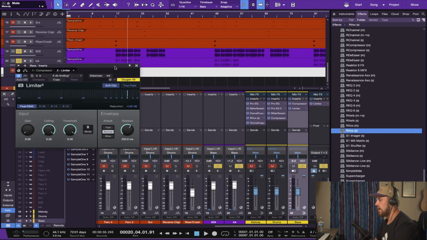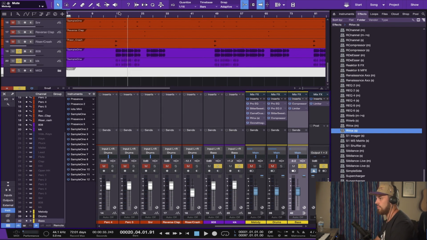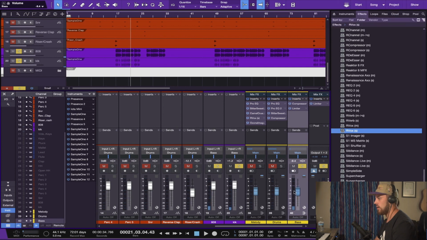So what I did then was I added one of these limiters. I put it on 0 dB limiting and soft clip. This is equivalent to a Fruity soft clipper almost. It just adds as much volume as you can get. Just make sure you're not clipping. And when this is at full volume, you'll be able to hear it a lot more. But like I said, I have it turned down right now, just so that it doesn't clip on the master